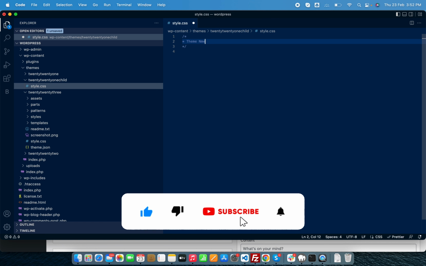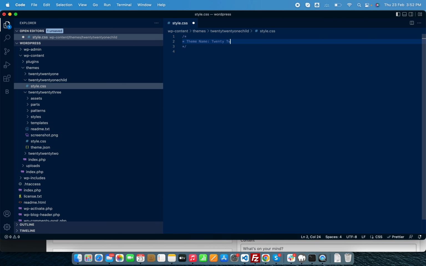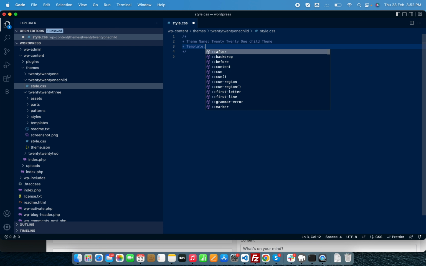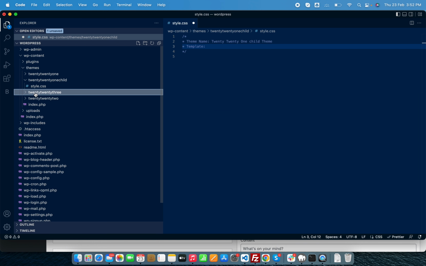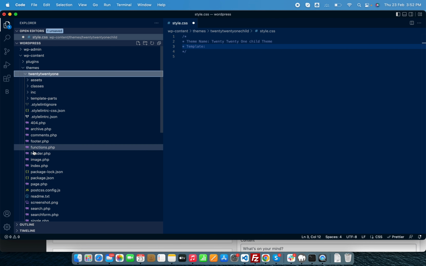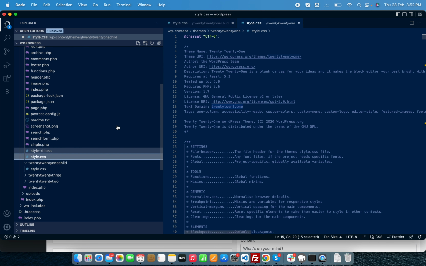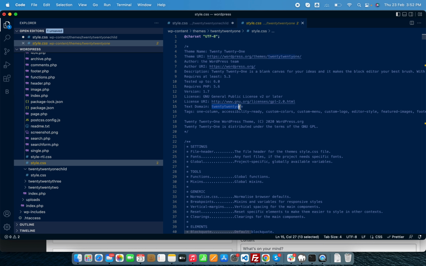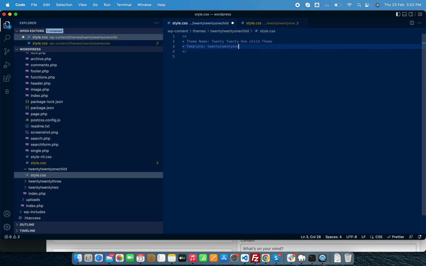The theme name is 2021 child theme. And next will be the template name. The template name should be your parent theme, which is 2021. You need to go to the parent's style.css file and copy the text domain from there. So the text domain name is 2021, and I put it here.